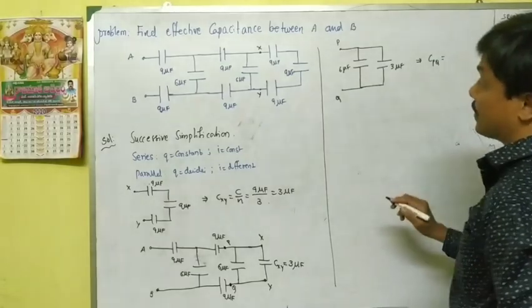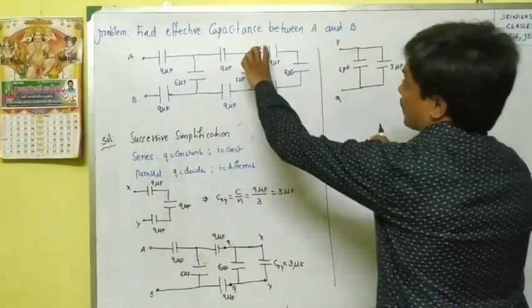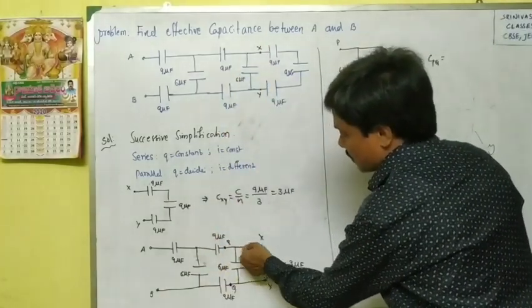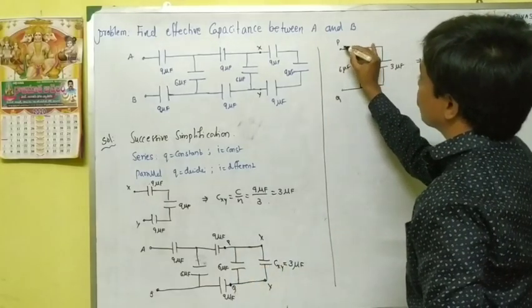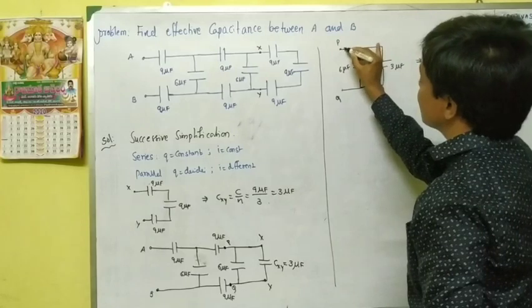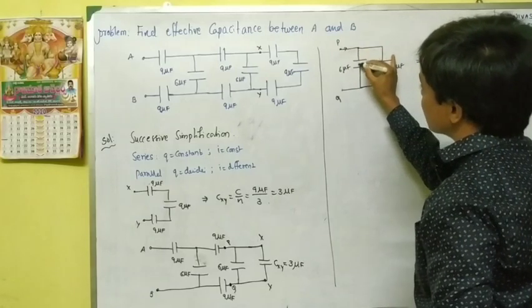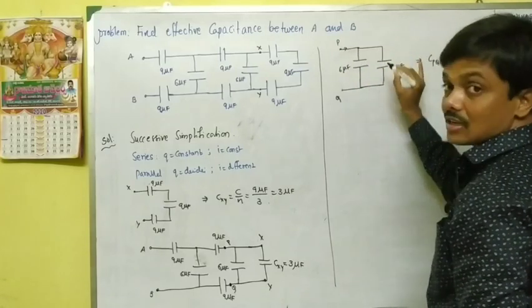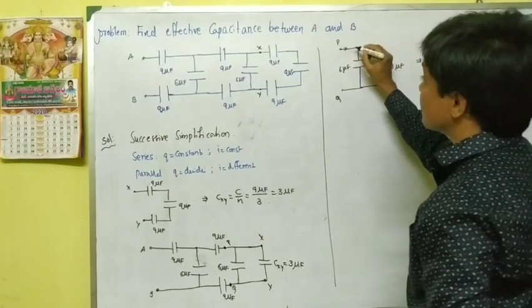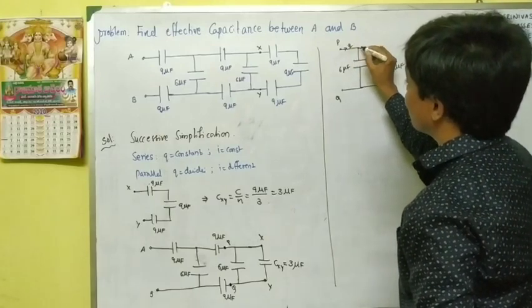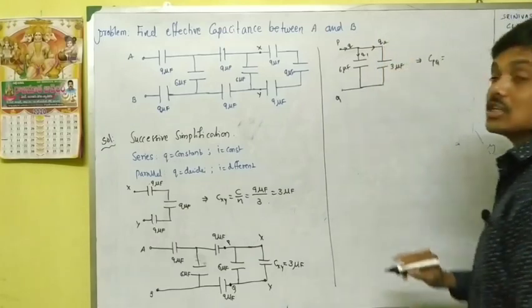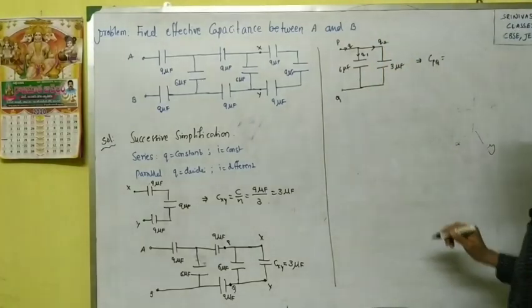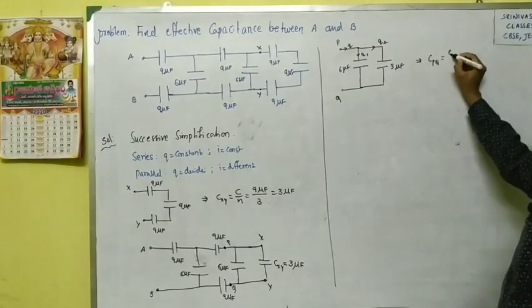How do we know it is parallel? Now when we give the charge here, for example some charge is coming like this. After coming to this point, some charge passes to this side, some charge passes this side. Means charge divides. Look here, this is coming Q, this side Q1 and this side Q2. Charge divides means that is parallel combination. Remember that.